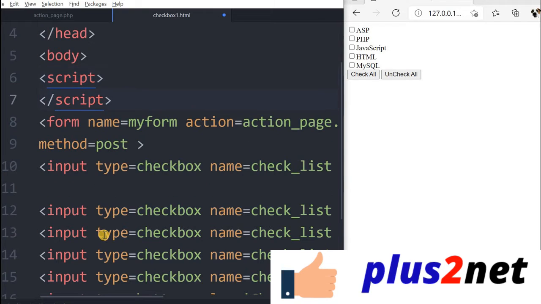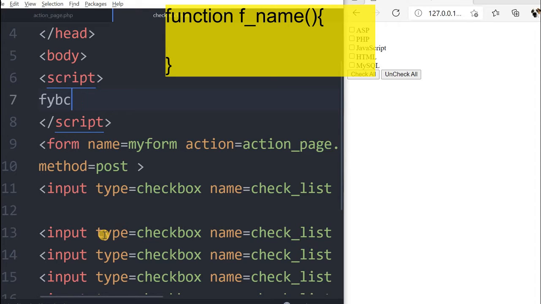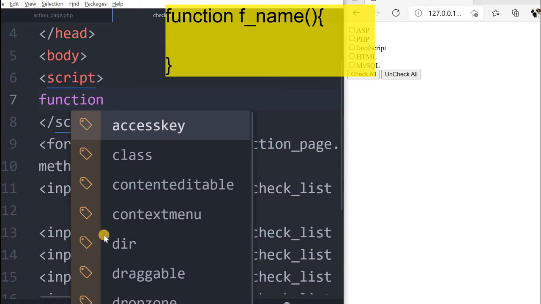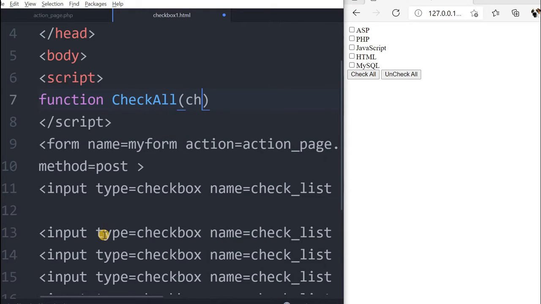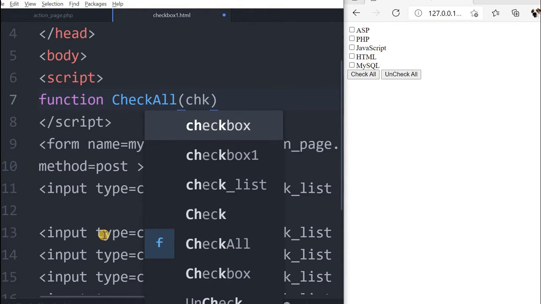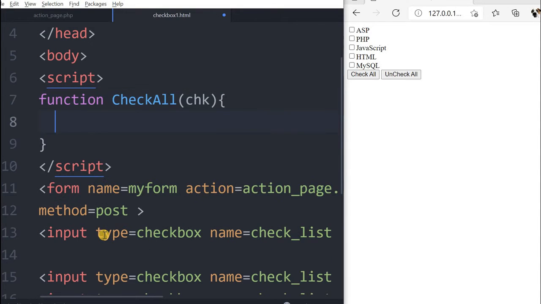Now we are inside the script tag. Here we'll write the function. We'll say function, first checkall. What we are receiving is, let's say, chk. Now inside the function we'll write the code.